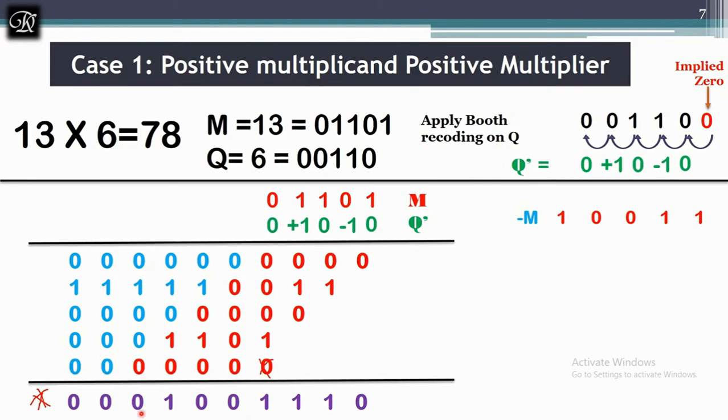Let's see whether the answer is correct. So check. First I am multiplying an odd number with an even number. Of course the answer should be an even number. Now you can check, yes, it's an even number. Now you add 2, 4, 8 and 64, which will give you 64 plus 14, which is 78. Yes, now we got the correct answer. Hope this is clear to you. If you have understood how to find this new q and what -1 means and how we are going to extend these bits, that is the only key factor of Booth algorithm.